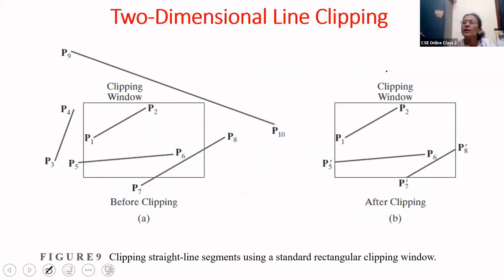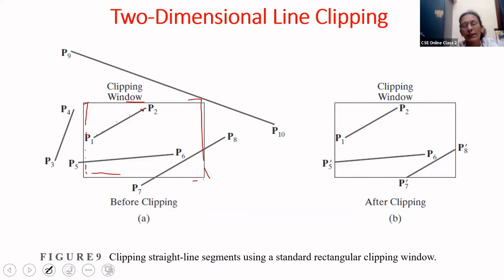Whatever we have discussed, I'm just repeating it once again. We have this line. We have this window. We have this as my clipping window. I take this line P1, P2. Since the line P1, P2 is totally inside the clipping window, in the display on the right side, what I have is after the clipping, what will be shown on the screen. So, since the line P1, P2 is totally inside, this will be displayed on the screen.